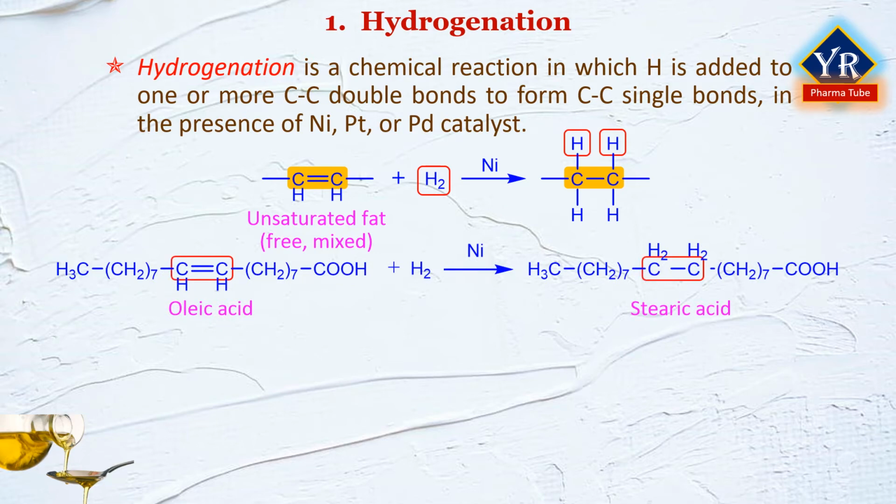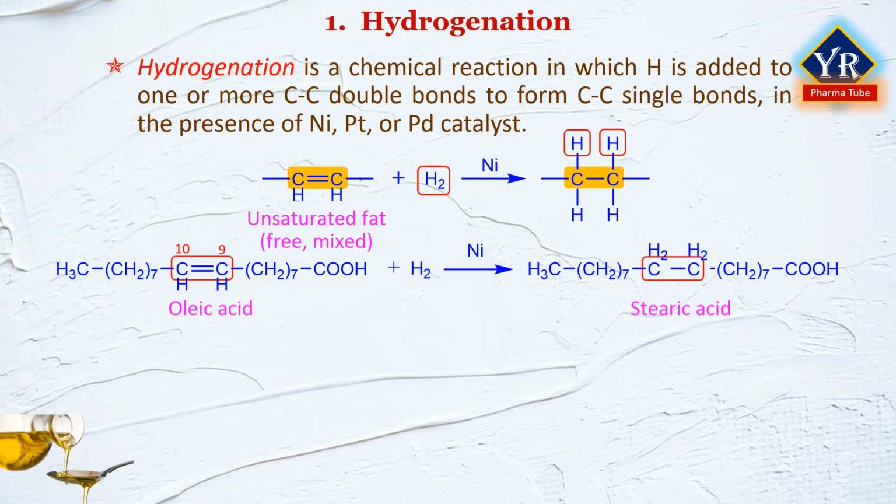Thus, 1 mole of oleic acid, linoleic acid, or linolenic acid reacts with 1, 2, or 3 moles of hydrogen respectively to form stearic acid. For example, when hydrogen adds to the double bond at C9 and C10 of oleic acid in the presence of nickel catalyst, the product is a saturated fat, that is stearic acid,